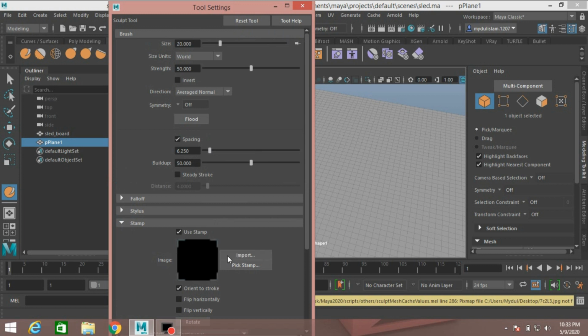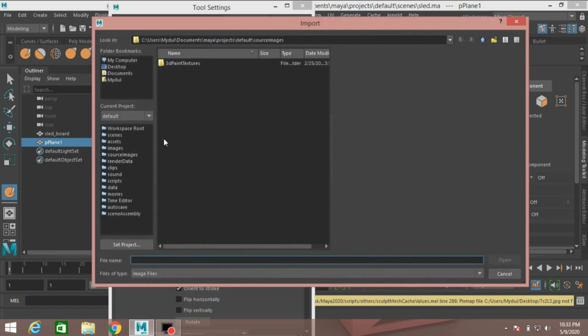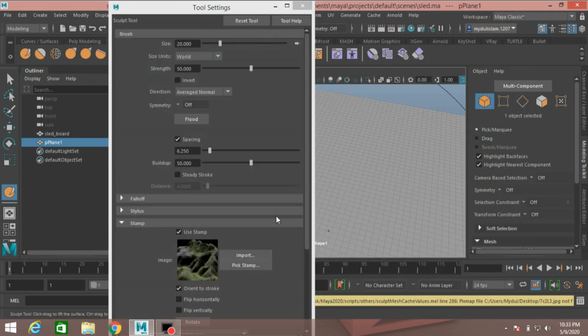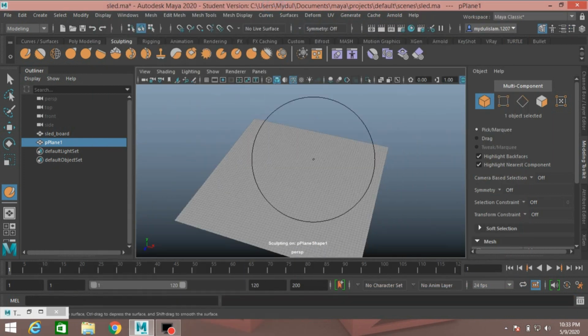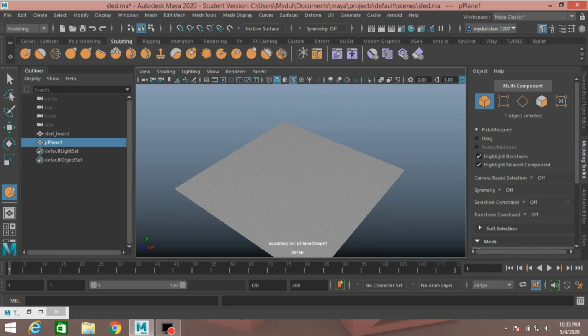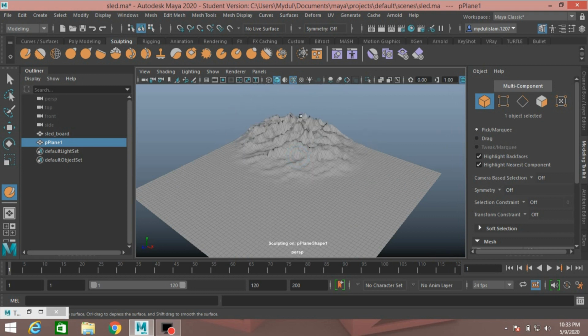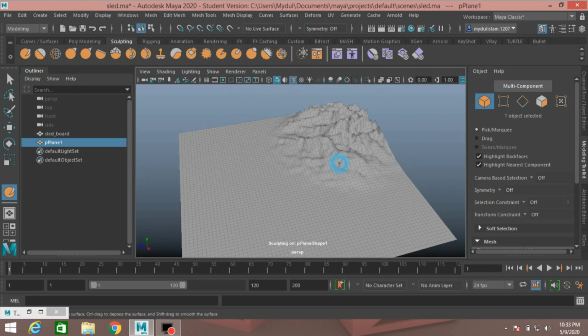Import, click import image and I take this, click open. Now just click here and see.